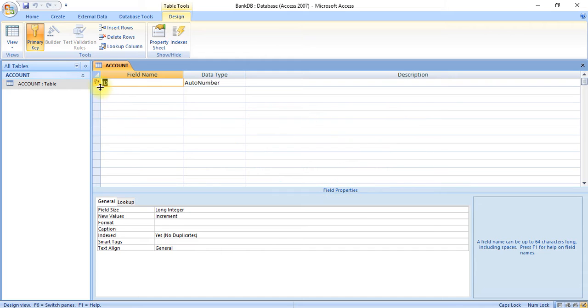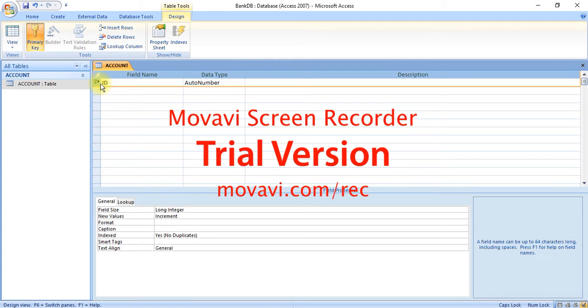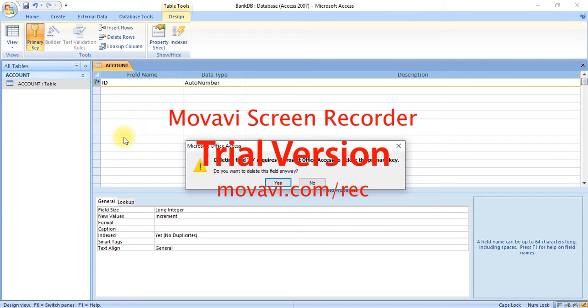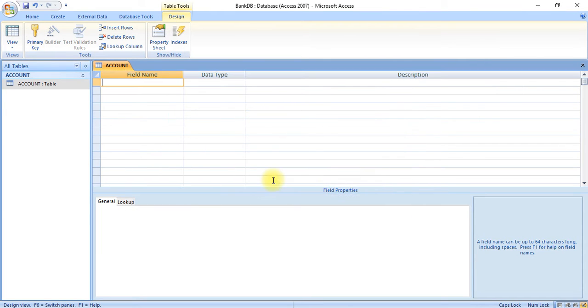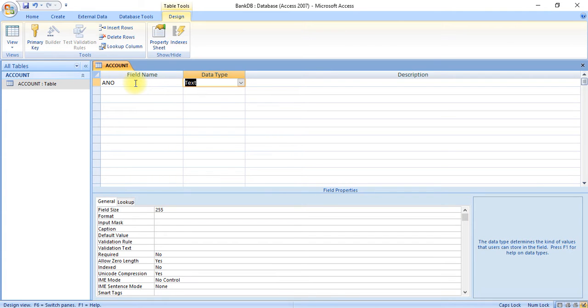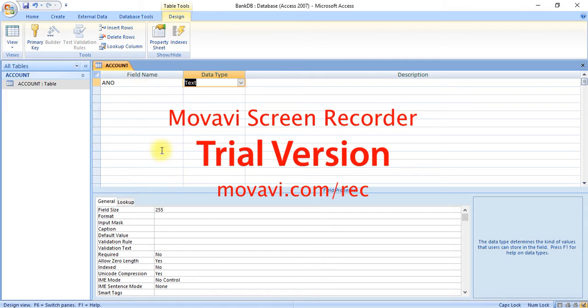Here by default the ID field is created. We don't want this ID field in our account table, so simply delete this field by right clicking, delete row. Yes. Now our first field of this account table is account number, and the data type for this account number is text.